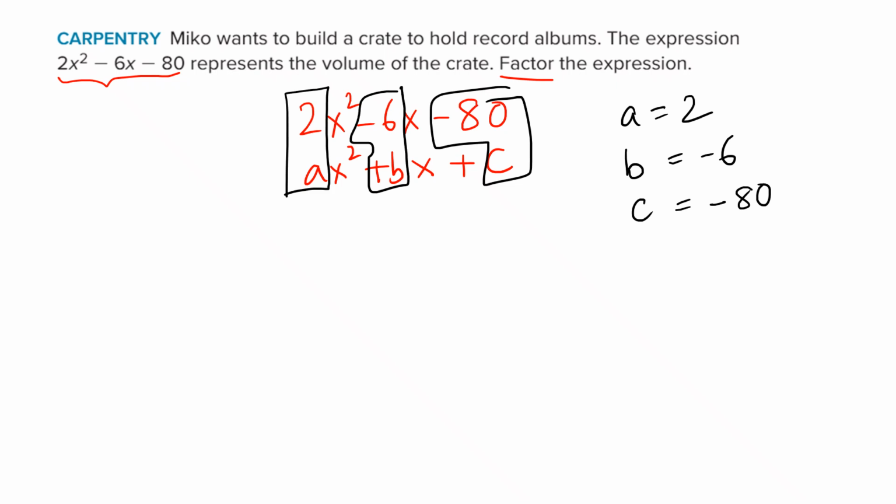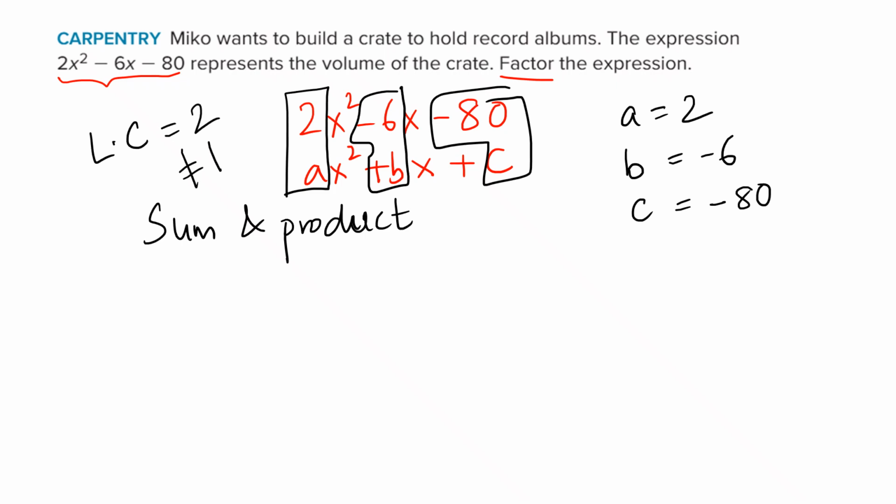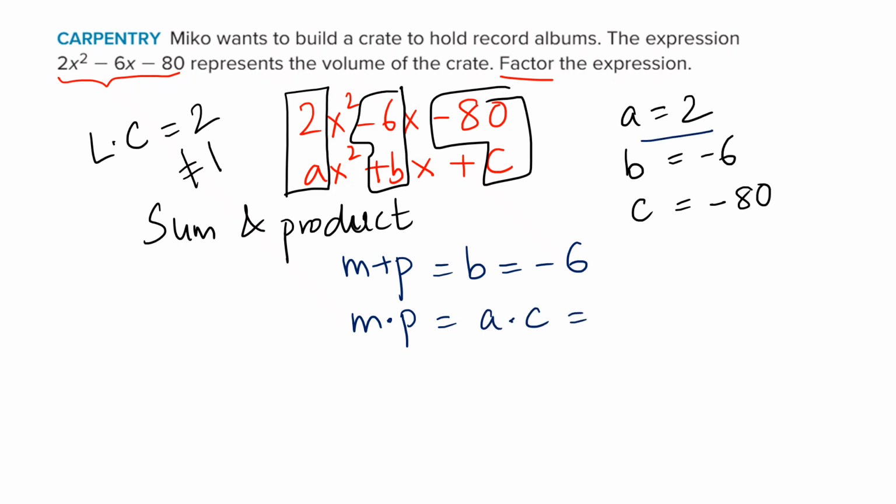So we are going to use the method called sum and product. And before we use this method, let's see what my leading coefficient is for this question. So here the leading coefficient is 2, which is not 1. So that means grouping is the method that's going to work for us while we try to solve this question. So let's try and find two numbers such that their sum is the middle term, which is the value b, it's minus 6 here, and the product, when we multiply m with n, is going to be a multiplied with c, which is 2 multiplied with negative 80, so that's going to be